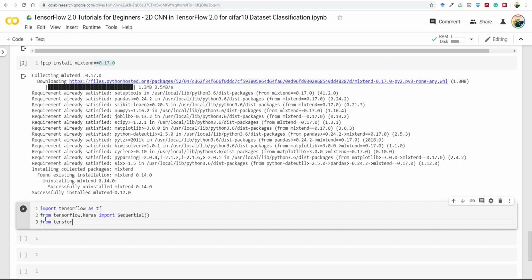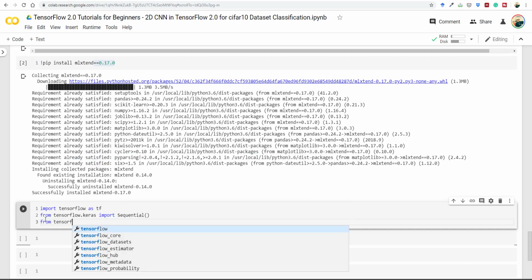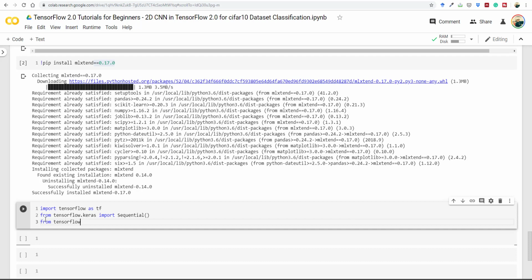So here from the TensorFlow, so here we have a TensorFlow dot Keras dot layers, and then we need to import flatten, dense. If you are wondering how I am getting these suggestions, then I'm using kind of advanced version of Google